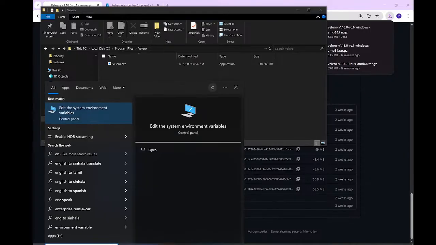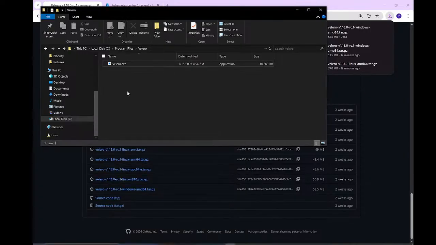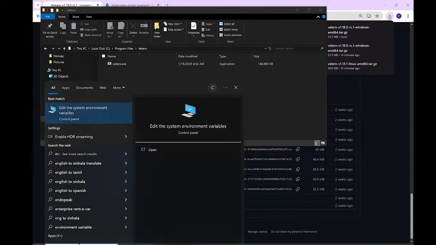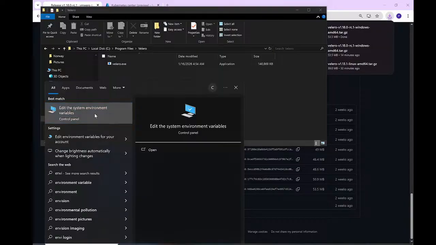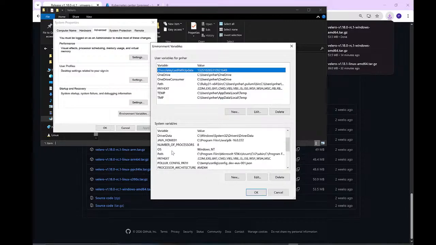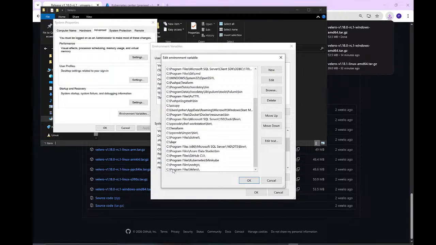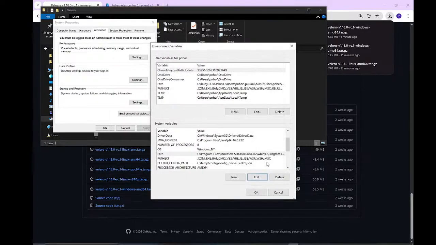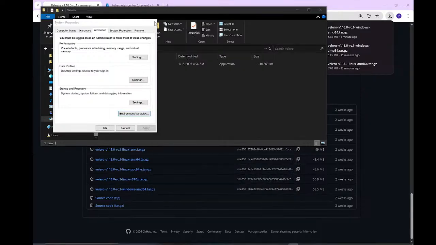I have already done that, so I will show you the next steps. Let's go to the environment variables and go to the path, and here you should enter the path to the Velero exe. I have added that, so let's close that. Alright,